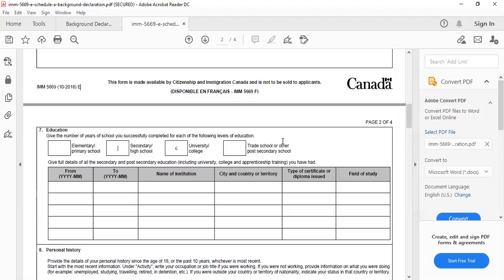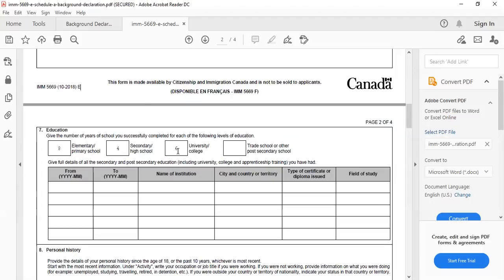Secondary or high school is from 9th class to 12th class, so we would enter 4 over here, which is 9th, 10th, 11th, and 12th. For first to 8th, we enter 8 years under elementary or primary school.